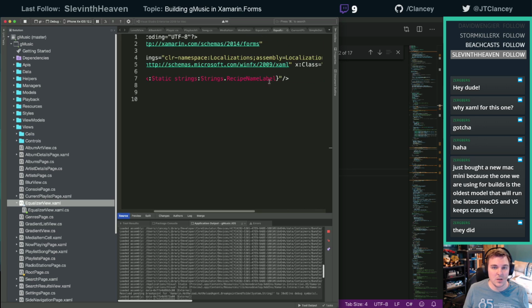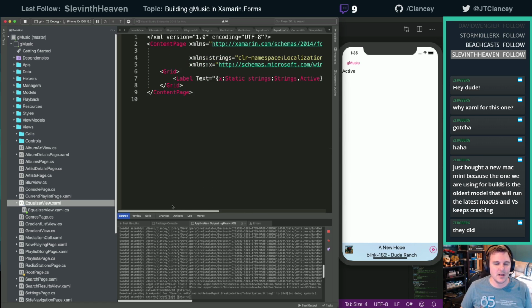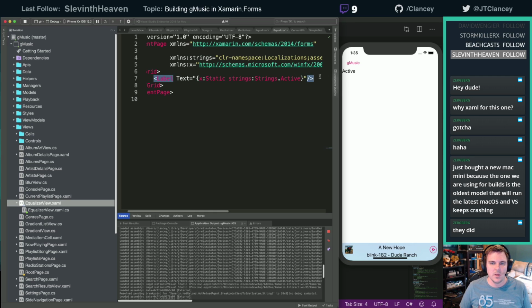So this should work. Let's save that. Hey, it worked! Active! Exciting! So now that's localized. We need one more of these. And this one is going to be the current, oh no, it says default preset.